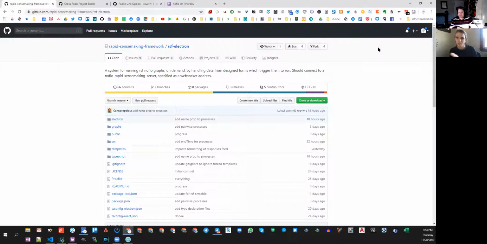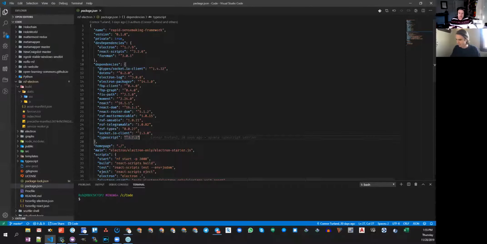You could import the pairwise thing as a library and run it anywhere you're running JavaScript, entirely separate from any of the no-flow or RSF context. You could just import it as a great pre-canned algorithm. I give it all my inputs, it runs the flow, and remind me,